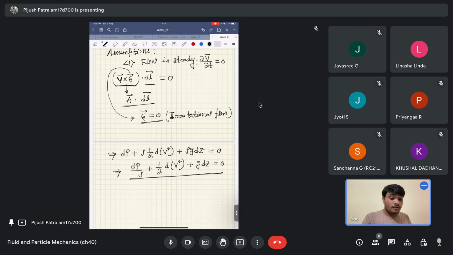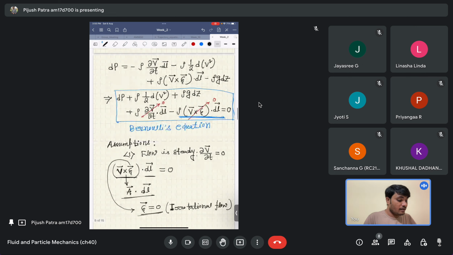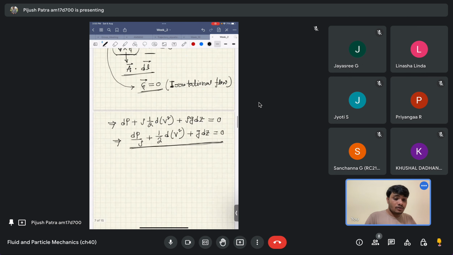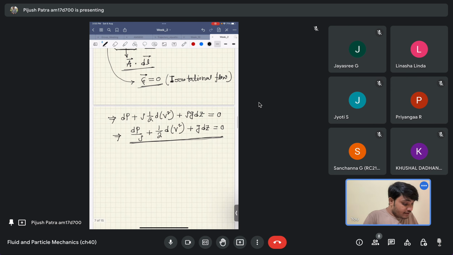Okay, when I am saying the Bernoulli's equation, I am saying only this familiar form of the Bernoulli's equation, not the general form. So these two things are very important. Now, if I integrate it,